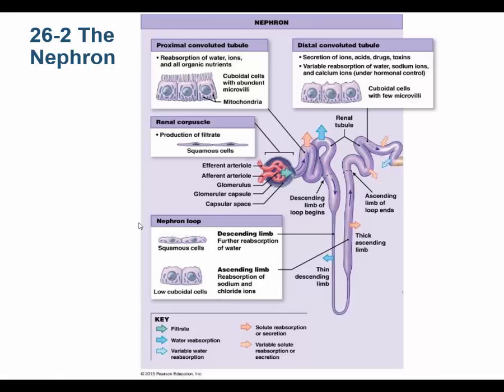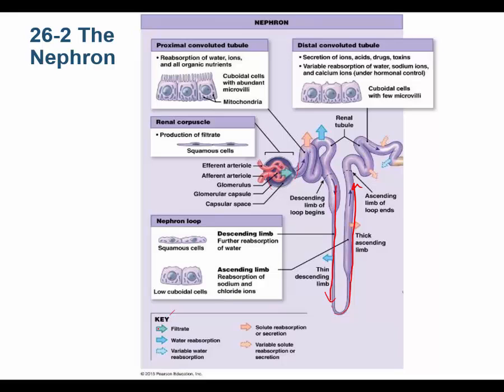And again, the nephron is the renal corpuscle, the proximal convoluted tubule, the loop of Henle, and the distal convoluted tubule. Now, this loop of Henle can be divided into the descending limb of the loop of Henle and the ascending limb of the loop of Henle. Now, this picture tells you volumes. All right, this is volumes. If you look right here, everything,